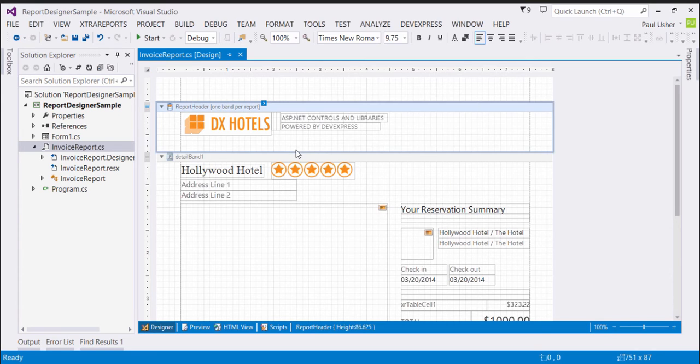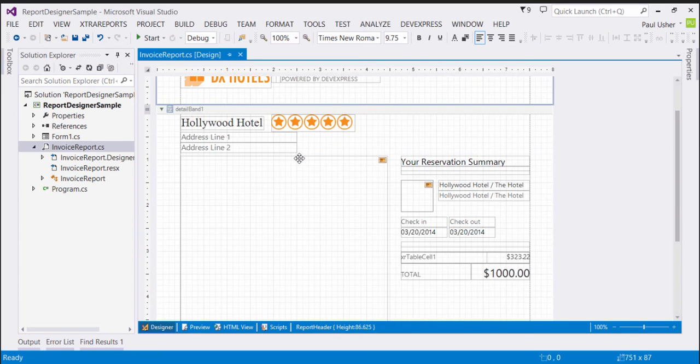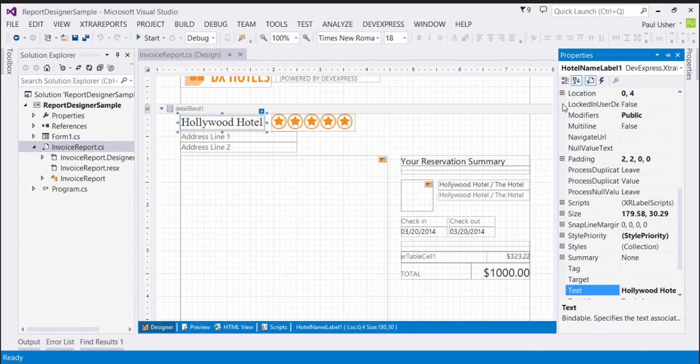Right now, we're going to look at the anatomy of the report that we built, and inside the report header, we've implemented the DX Hotels logo and then some nice little labels just to reference the fact that it was built using our controls. And in the actual detail band, we've implemented some labels which have all been carefully named